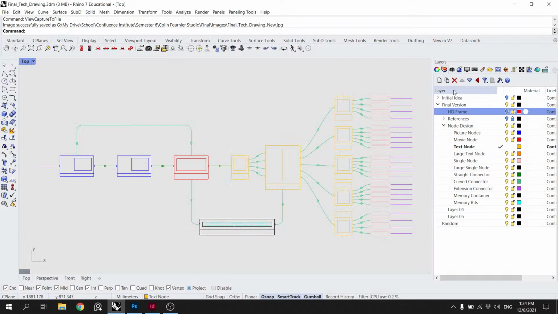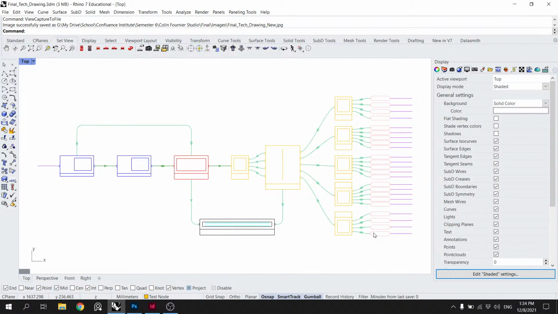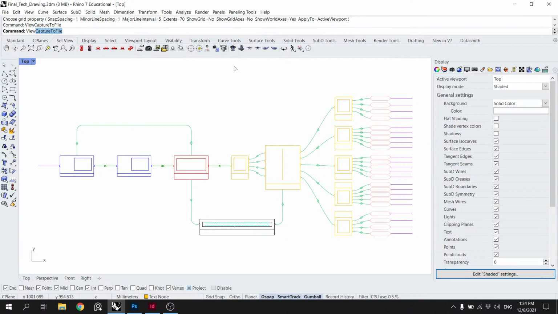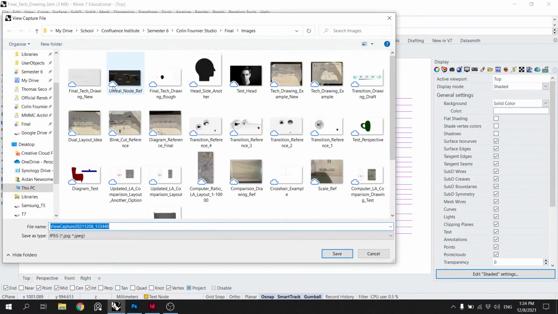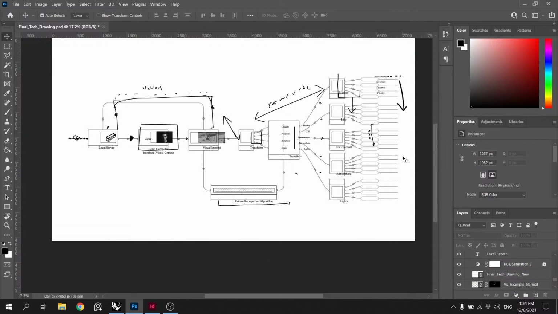Okay, just go back here. Grid. You can show grid. Let's do that. Okay.